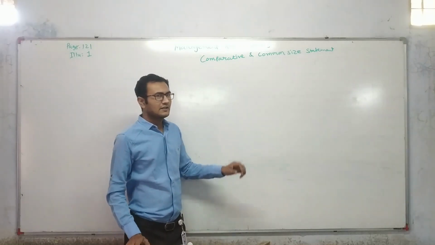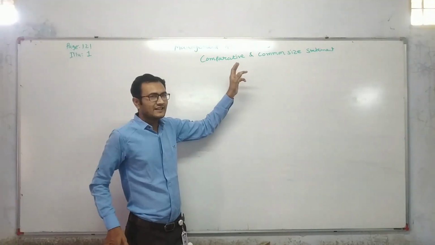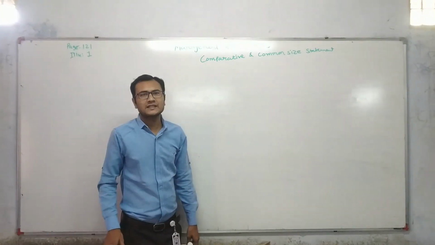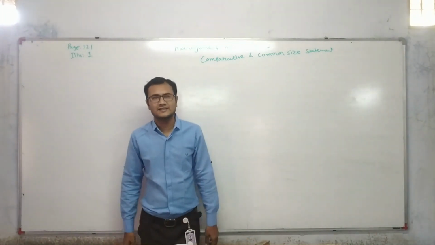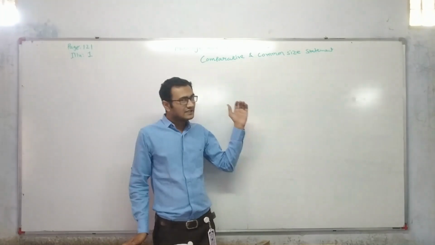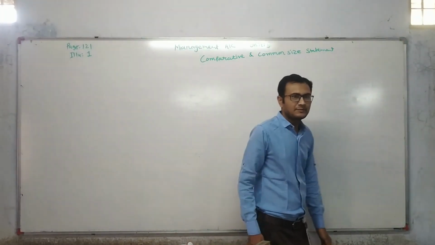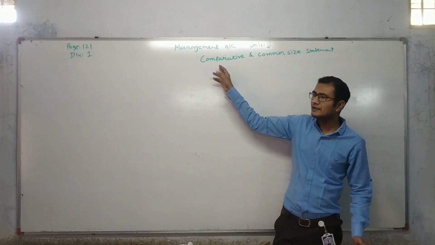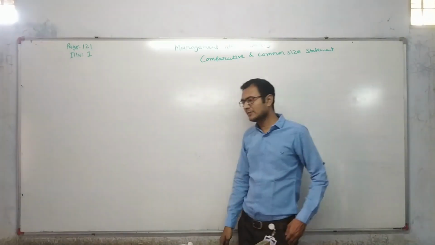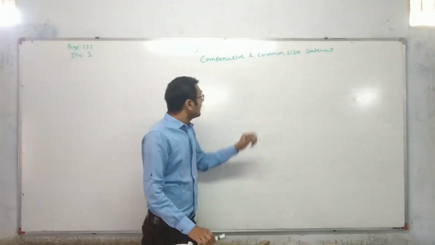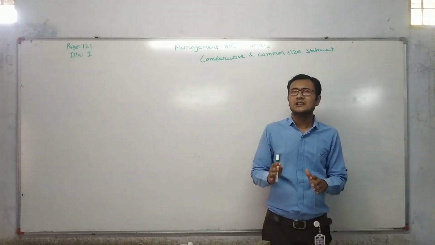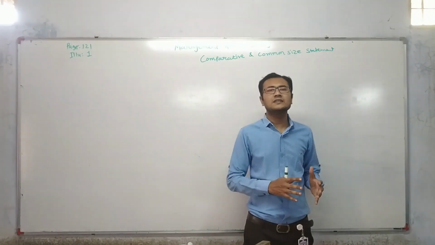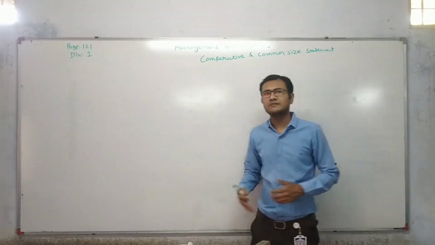Dear students, now unit number 3 is regarding common size and comparative statements. It is basically the technique of financial statement analysis. As a part of techniques of financial statement analysis, first of all, we'll learn regarding the comparative statement and thereafter common size statement. Now, comparative statement is basically what? It is a statement which compares the performance of current year with regards to previous year.